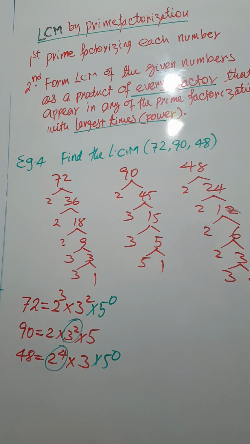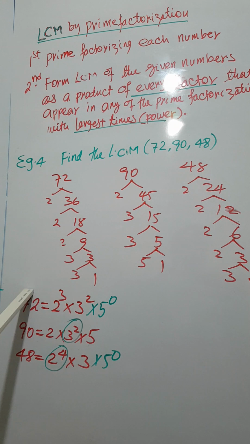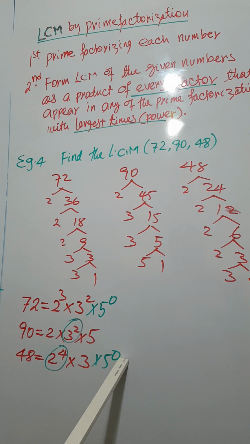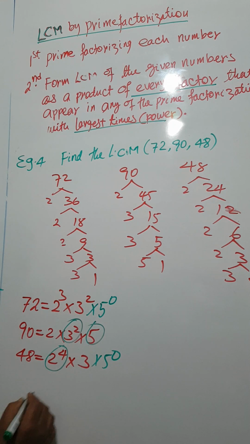Now, for convenience, we have taken 5 to the power of 0 to appear in 72 and 48, because 5 appeared here in 90. But here it is 5 to the power of 0, 5 to the power of 1, and 5 to the power of 0. So 5 to the power of 1 is the one that appears with more power. Then from this LCM,